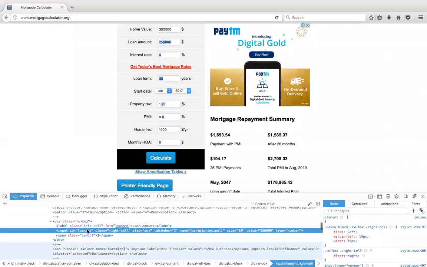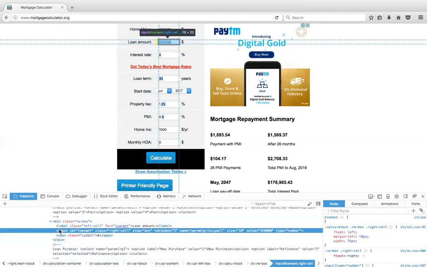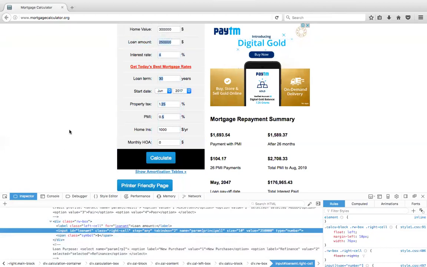What locators do you have for the loan amount? We have ID, class name, name, and tag name. Which locator should I use?